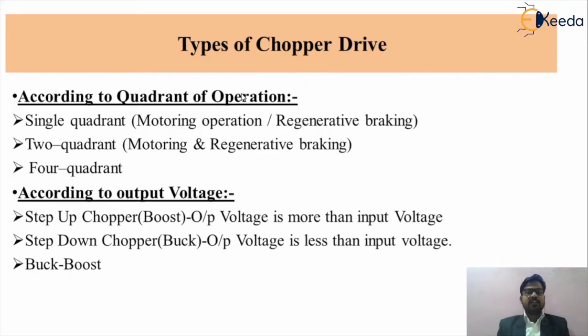As we know, when we are using an electrical drive for a particular application, there are so many applications in the industry. So there are different types of electrical drives available for us. In electrical drive control, we are using some power converters, and such power converters are called choppers, because choppers are fixed DC voltage to variable DC voltage converters. So friends, the chopper control drives are classified according to their different modes of operation.